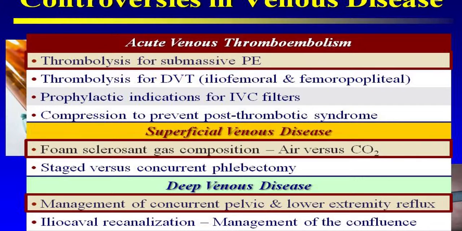This is supposed to be a 9-minute talk, and it's unfortunately impossible to talk about all of these. But I've listed a few of the controversial areas I think are important in acute venous thromboembolism, in superficial venous disease, and in deep venous disease. And I'm going to concentrate on one from each of these areas since we don't have time to talk about all of them. The first area I'm going to address, which is a very controversial issue, particularly in the United States,